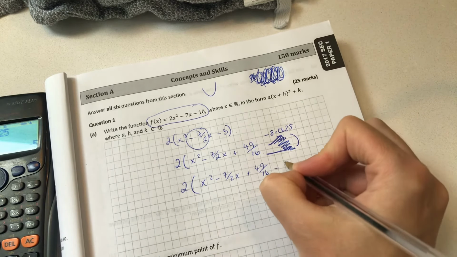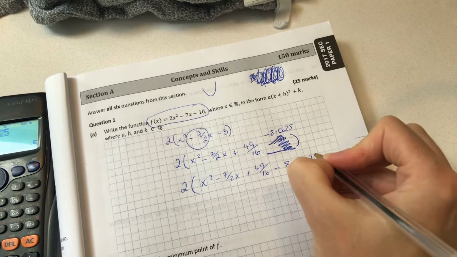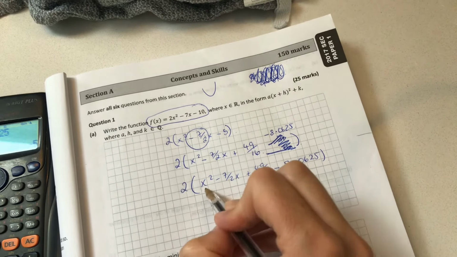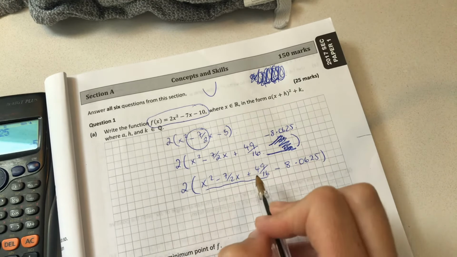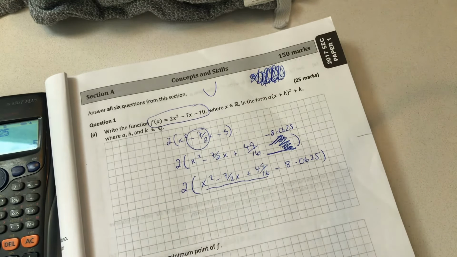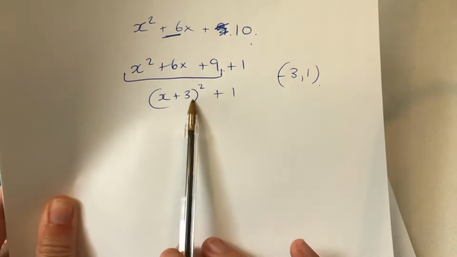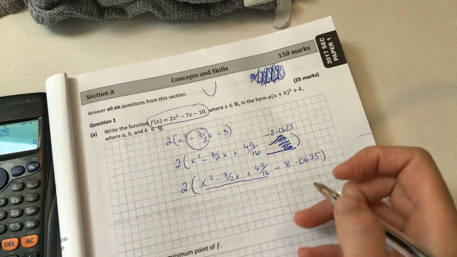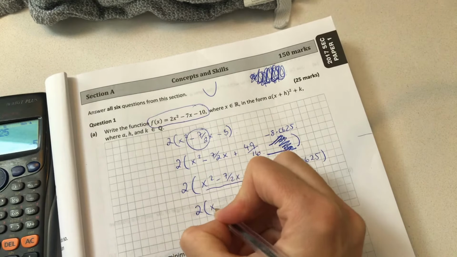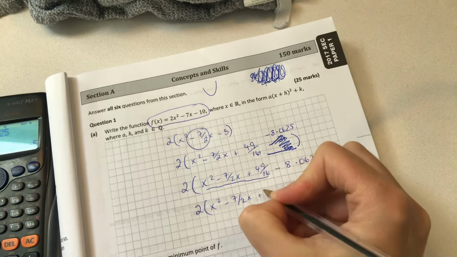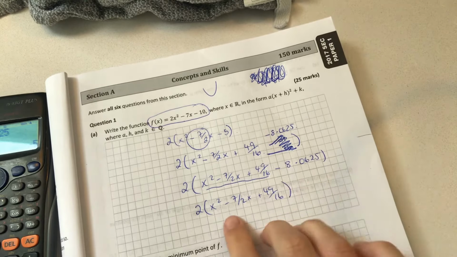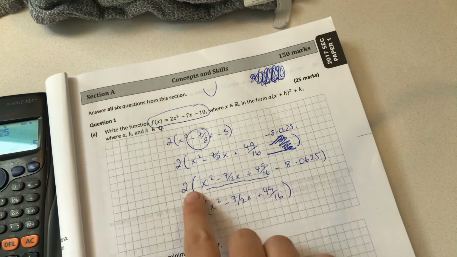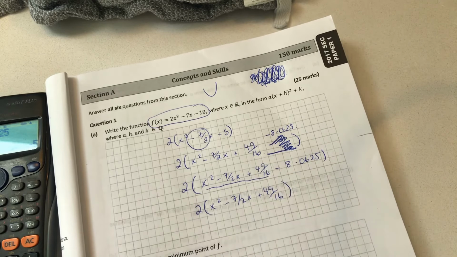Now, I only want this bit inside my bracket. As I said, this is a tricky one. I only want the x plus whatever the number is inside in the bracket. So what I'm going to do is, I still have 2 outside there. Or you could factorize first. But, so I have the 2 outside this, but I'm actually going to multiply it by the -8.0625. So 2 bracket 8.0625